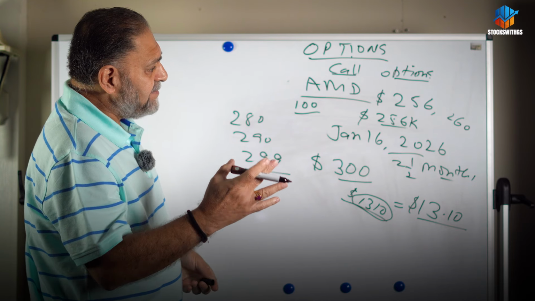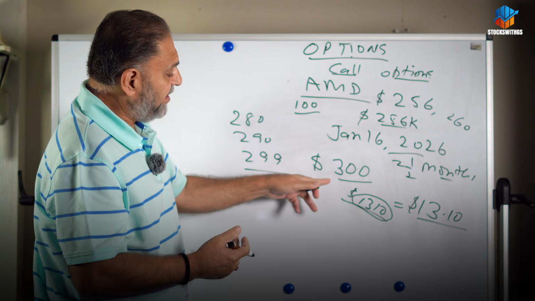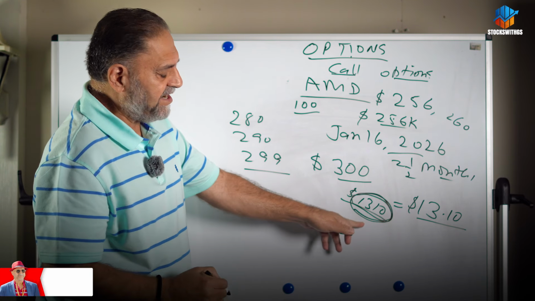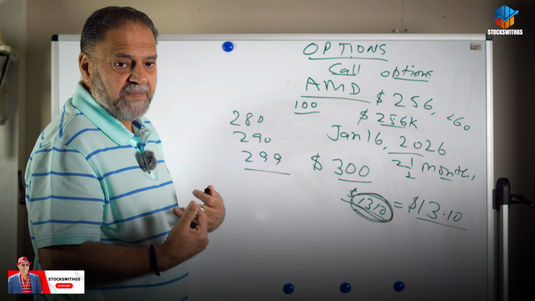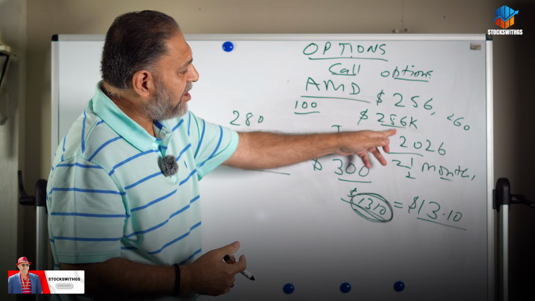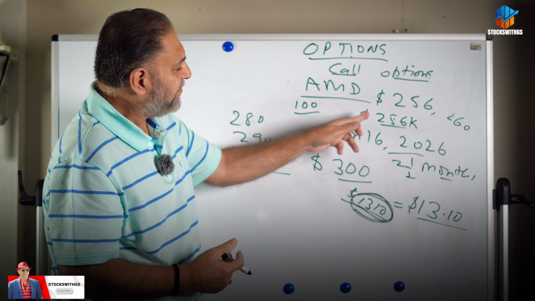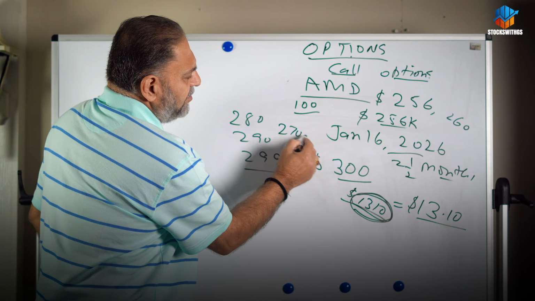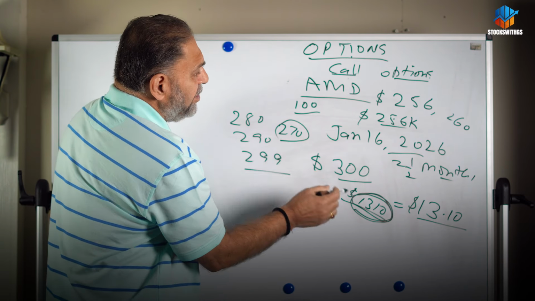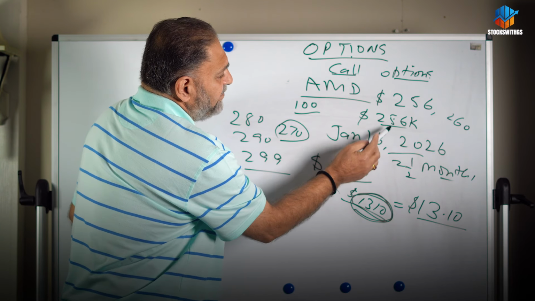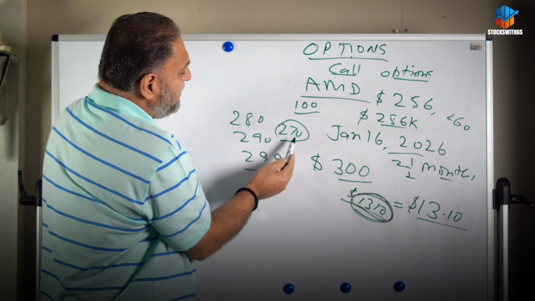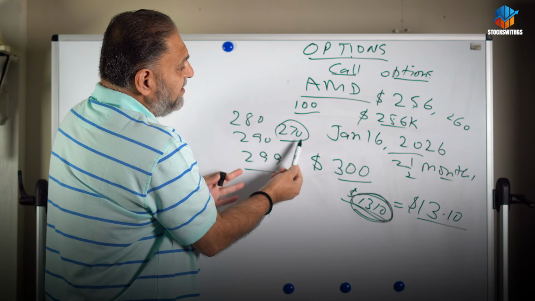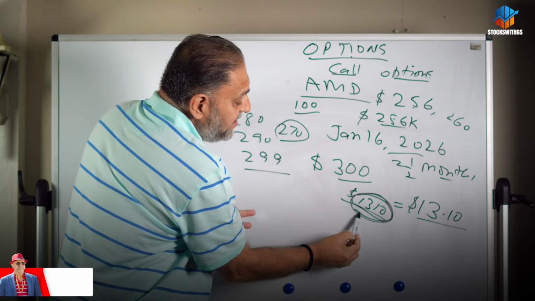So most of the times the price doesn't go to 300 and their $1,300 goes to waste. They are buying a lotto for $1,300 and you keep the premium. So by holding a stock of $25,000 investment, 100 shares of AMD, suppose after on January 16 the price is $270. From 256 the price goes to $270. So the value of your stock goes up. You make $1,400 plus you make $1,300